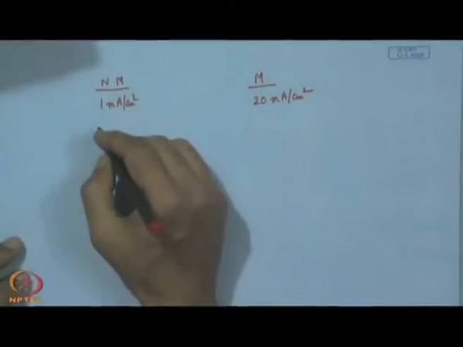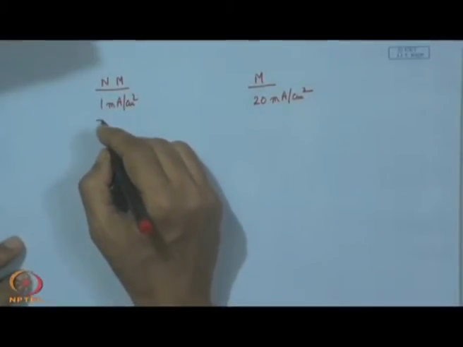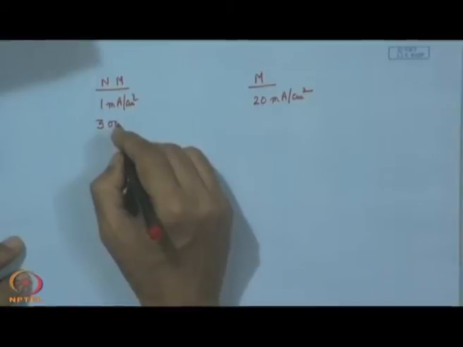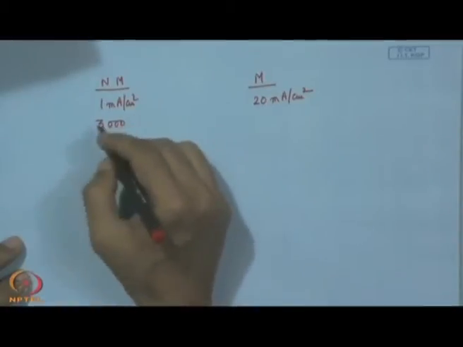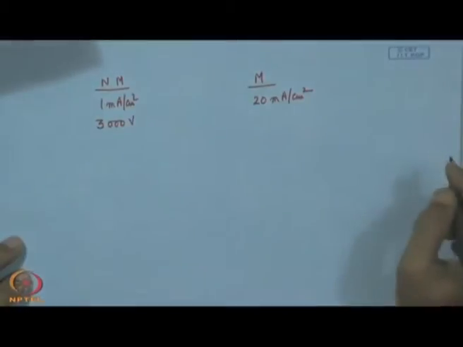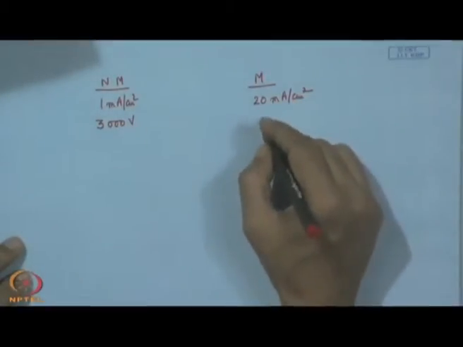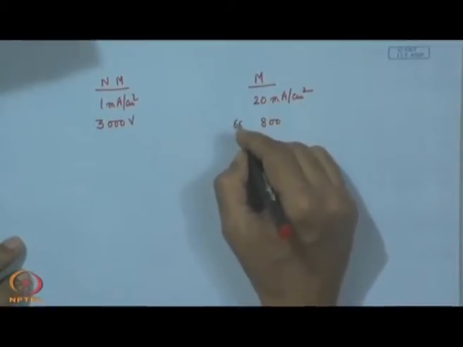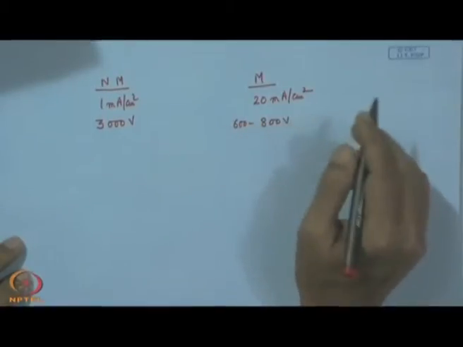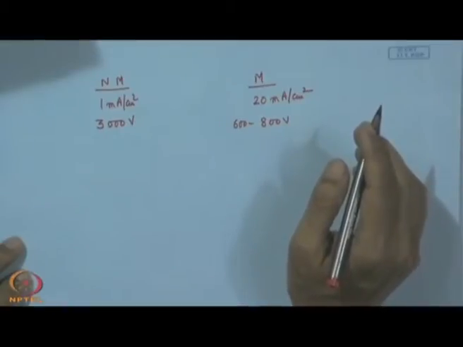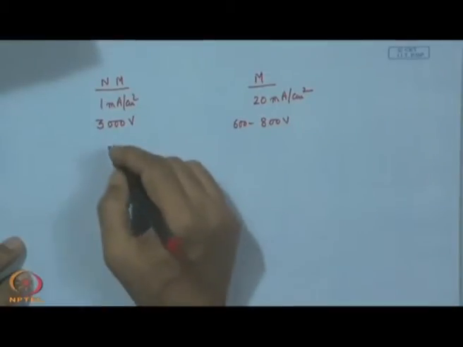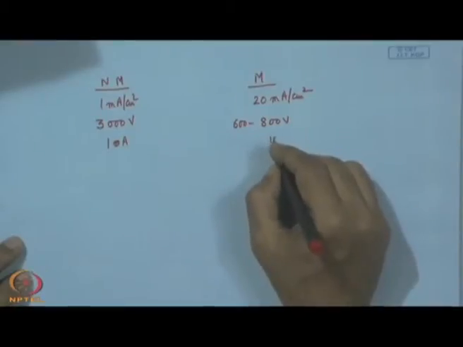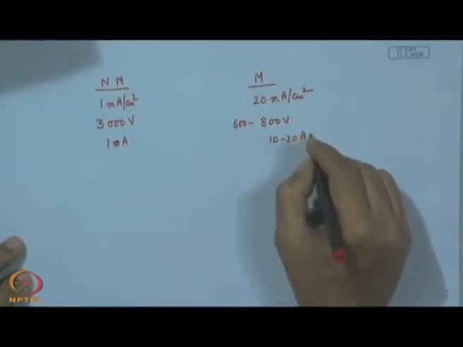Discharge voltage, on this side it is say an indicative value, not at all exaggerated, 3000 volt, but this can be achieved with a voltage say between 600 to 800 volt. That is not at all a difficult task. So, on this side one can get just 1 ampere maximum, and on this side 10 to 20 ampere can